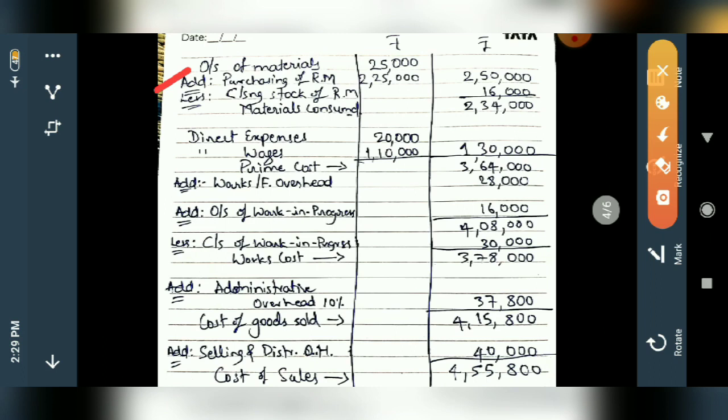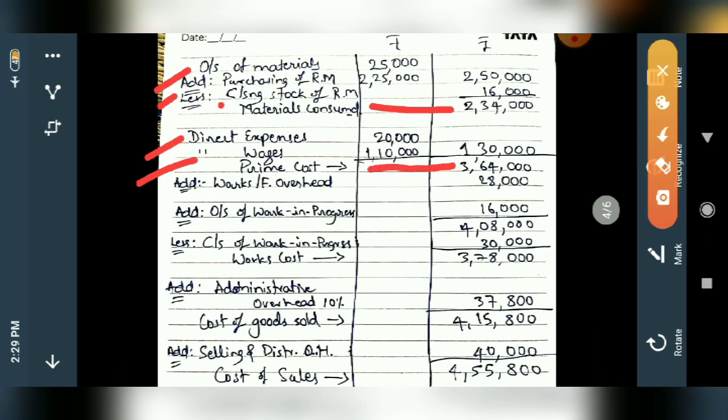Then for that you have to add purchase of raw material, if any it is there. Then these closing stocks are to be deducted, correct? So that is deducted here. Then you will get material consumed. Then you have to sum up direct related things. Direct expenses are there, direct wages are there, that you have to add up and bring it into the outer column